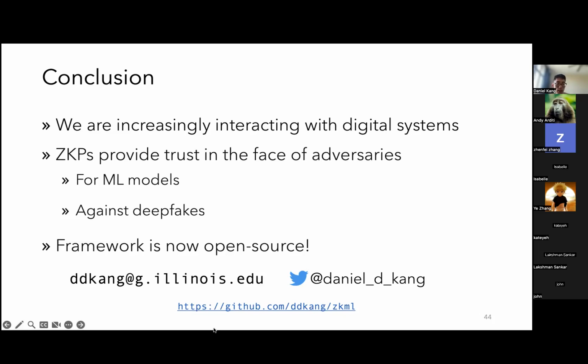But I am excited by these advances in folding schemes. Sangria, as I mentioned, and Supernova are potentially very interesting, and I saw recently that they implemented a lookup argument for, I think they're calling it HyperNova. I forgot the latest version of this. Hopefully once that becomes public, I'll look into that as well.